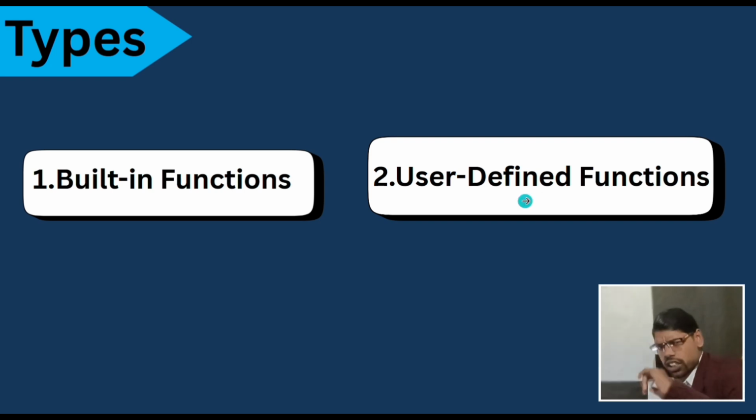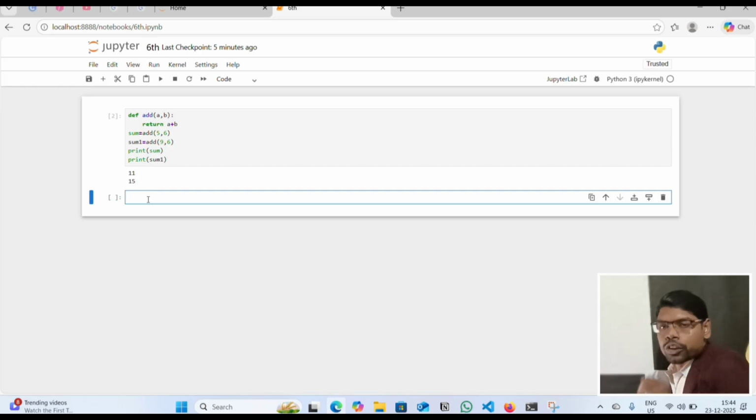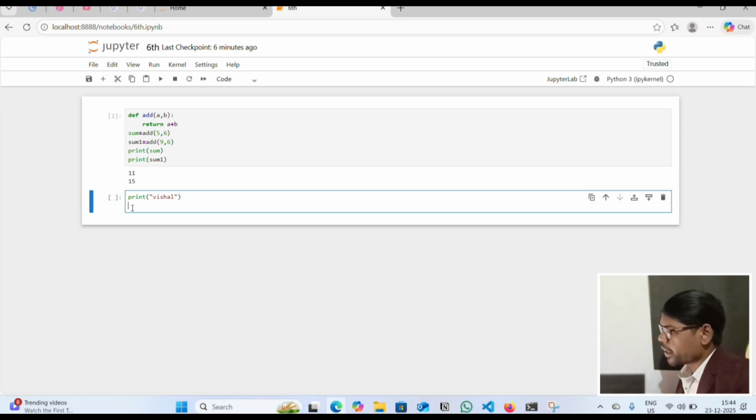As you can see in the example, I will use a user defined function and built-in functions. First, built-in function, so print. print is a built-in function.